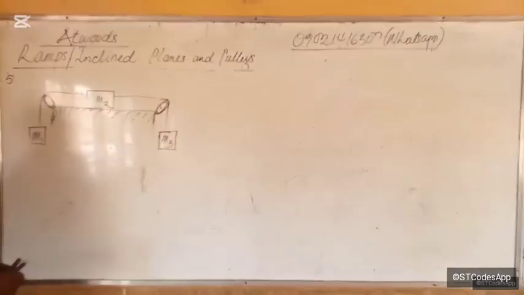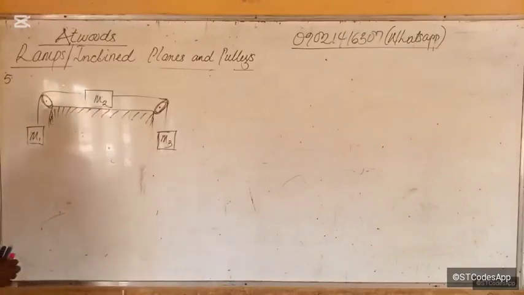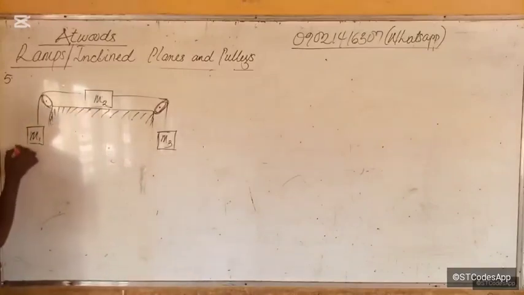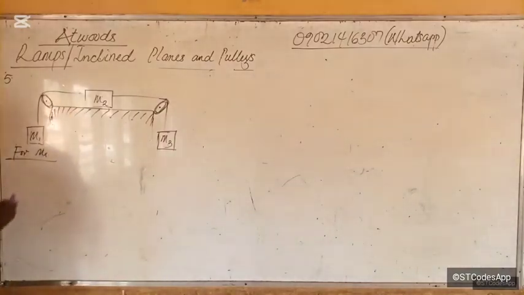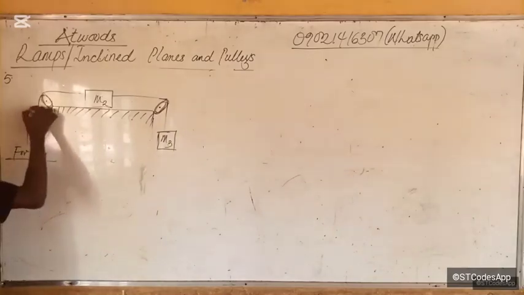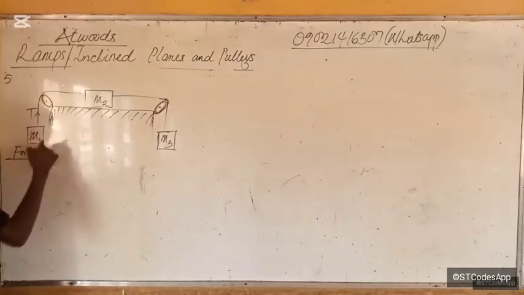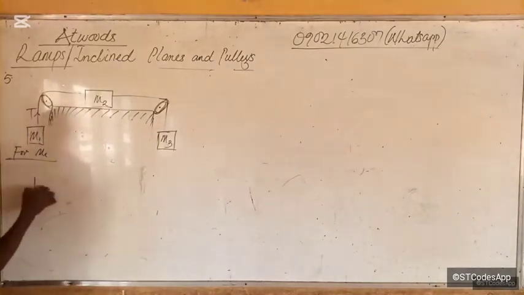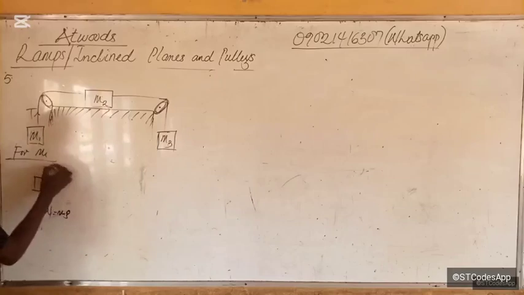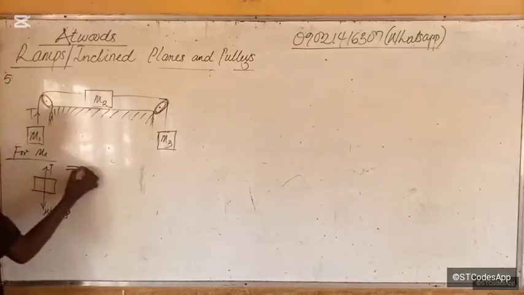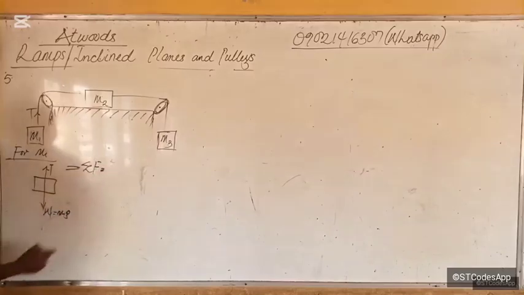It's very simple. What you want to do is still the same, the free body of this now. So for m1, here's what we have. m1 has two major forces acting on it: the tension will act upward because the weight will act downward. Do you understand? So we have this. It's good to draw the free body. Even though at first you think later on it's a waste of time if you really understand. Okay, so it means that the summation of forces on m1 will be equal to tension,